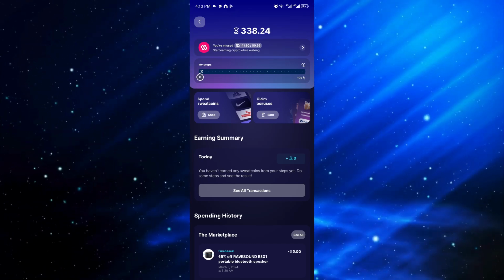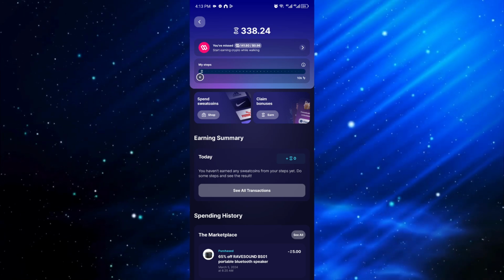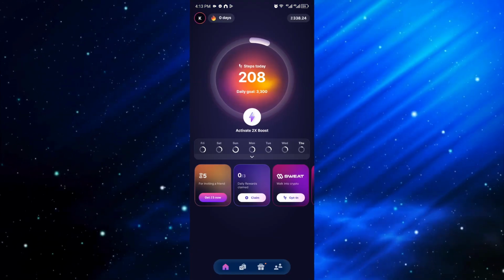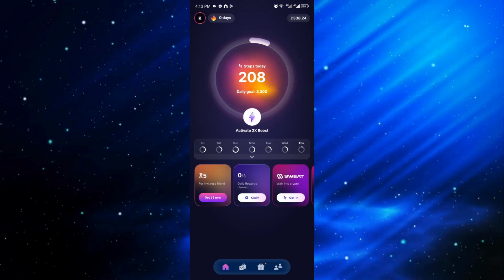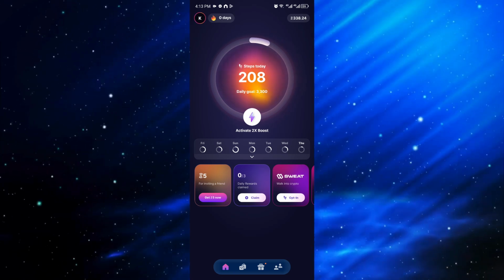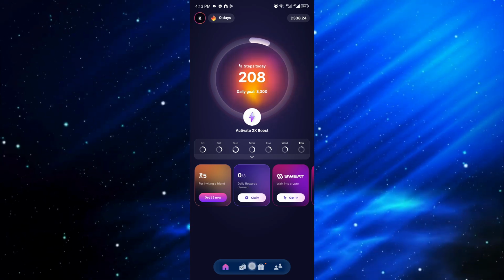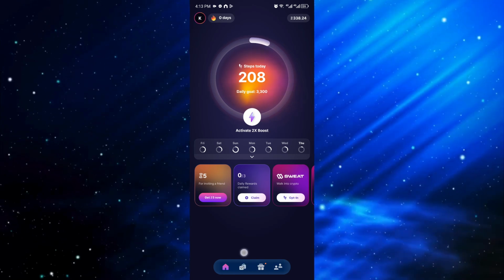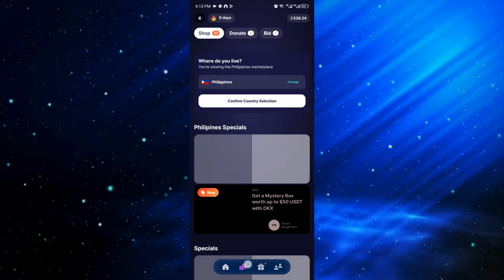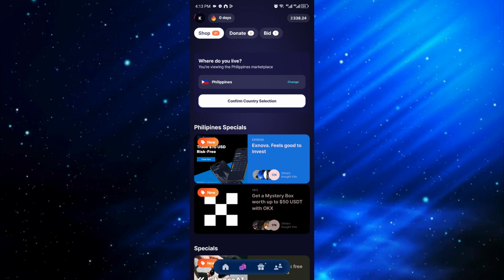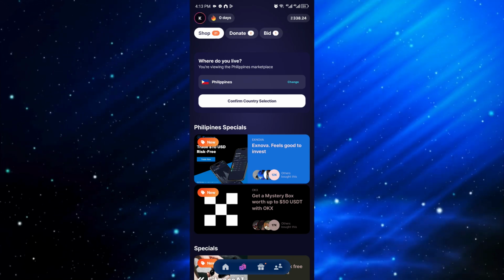Now to withdraw these credits from Sweatcoin, head over to the main menu, and below the main menu, we will see the categories right here. You want to click on the second one, which is the checkout section, and from here